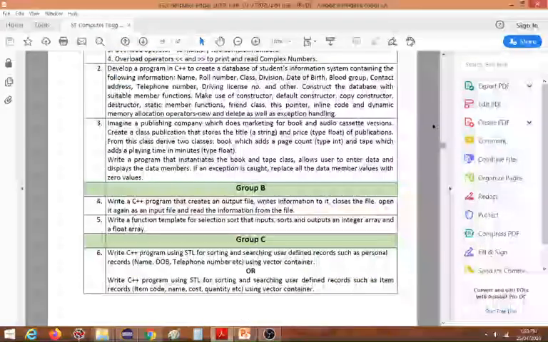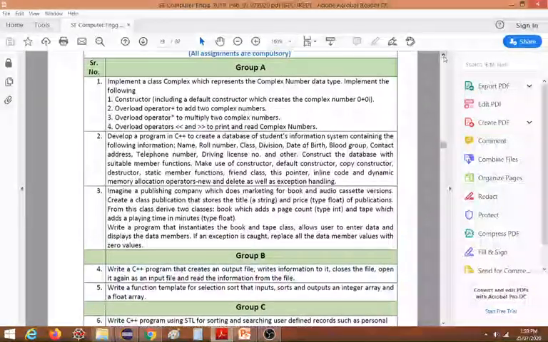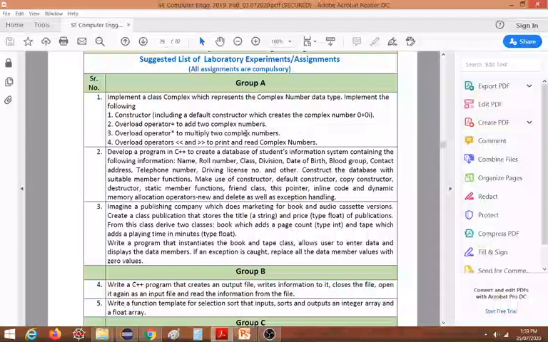As per our schedule, first the concepts will be covered in the theory classes and then we'll start with the actual assignments. So keep watching the further videos for implementation of these assignments. I'll be teaching each assignment one by one in every video.